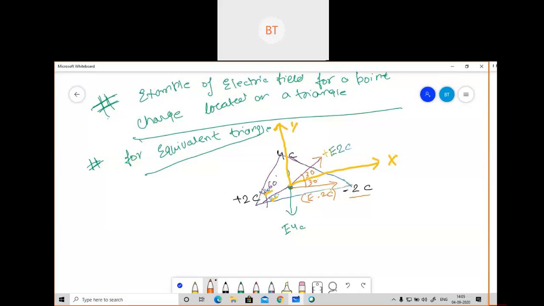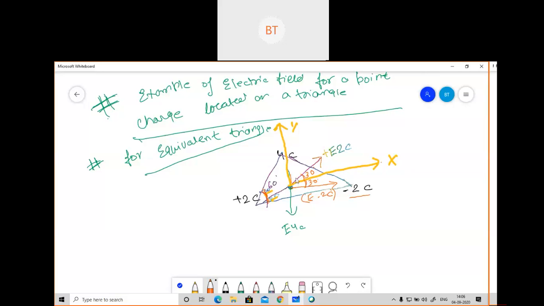So if this whole angle is 60, this side will be 30 and this side will be 30, half of the angle. If you take this axis as the x axis and this as the y axis, what I will write here is 30 degree, here 30 degree. If this is clear, now the question is finished. Now nothing is left to do.